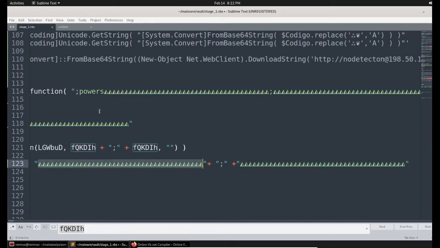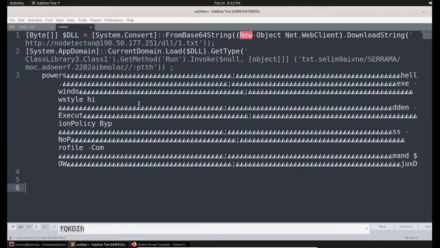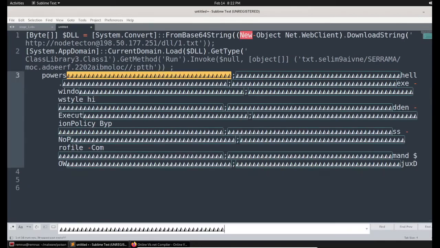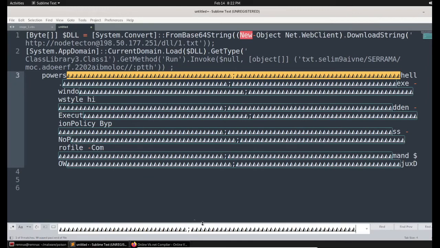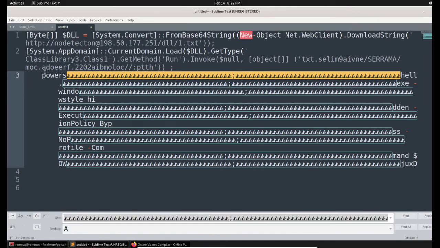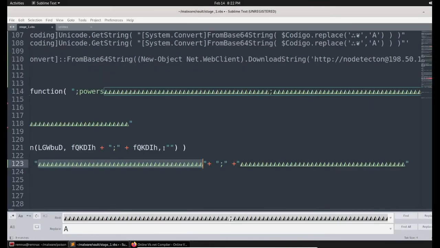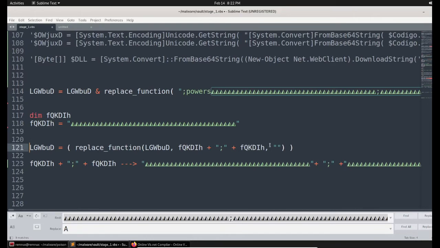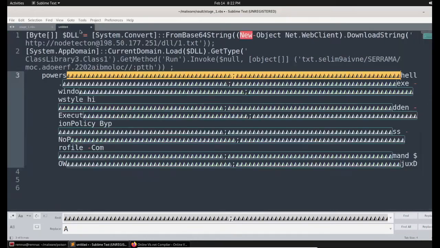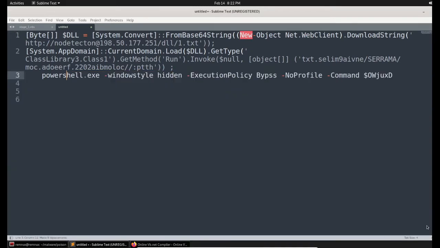So this is the search string here. Let me put the search string. So once again I'm pasting. This is the search string, and Control H to replace. What are they replacing it with? They are replacing it with the empty string. So if you see, this is the empty string. Now let me replace it with the empty string, replace all.